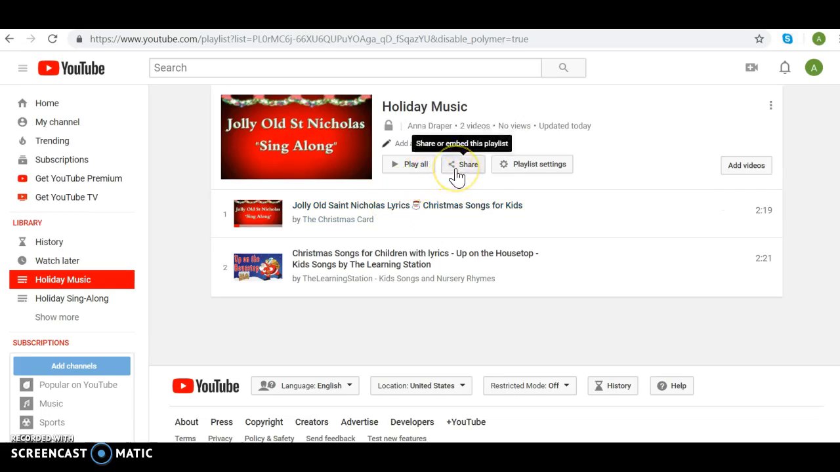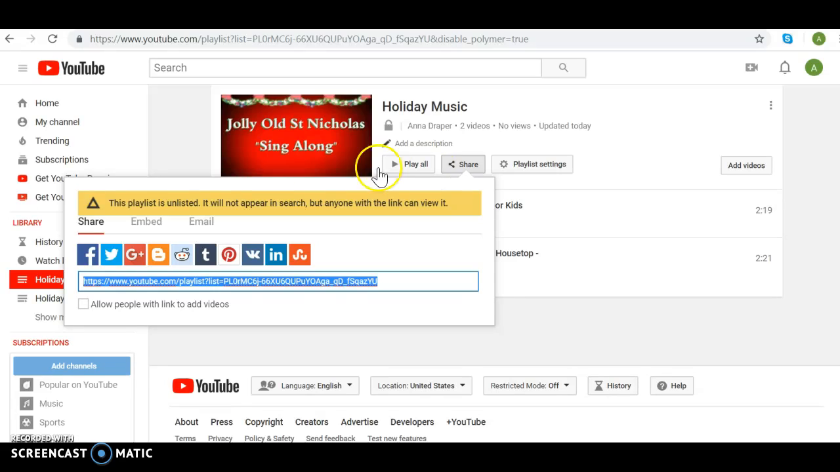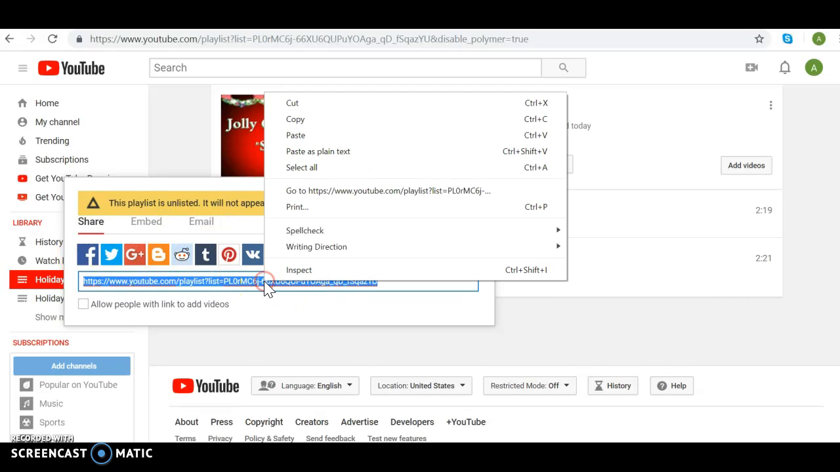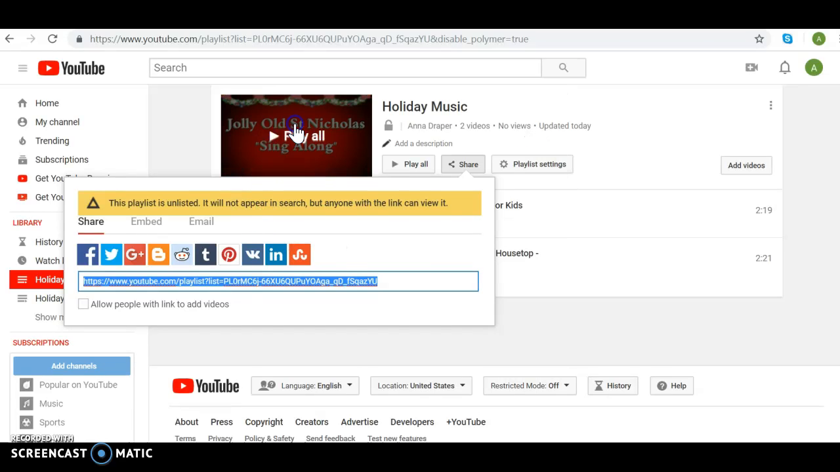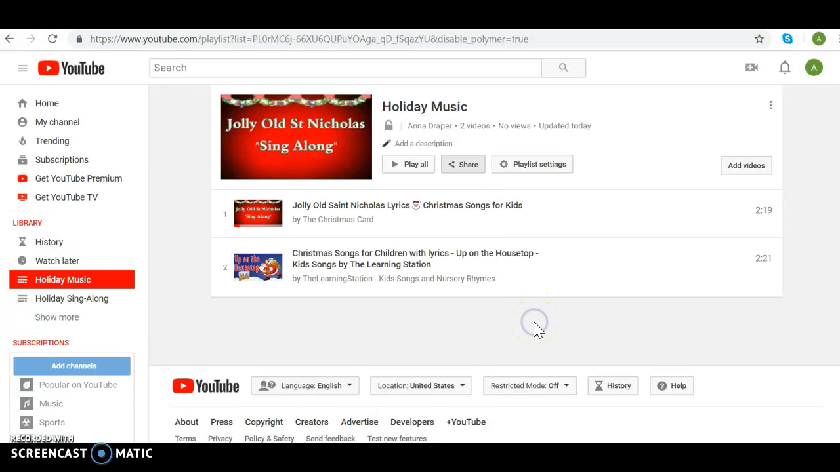I want to share this. I click on Share, and I have lots of options. For now, I just want my link. I'm going to copy my link, put it in an email, and share it with whomever I want to share it. I can also paste this link into a document for my students so that they can access my playlist